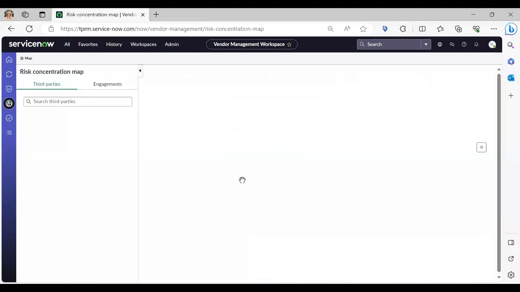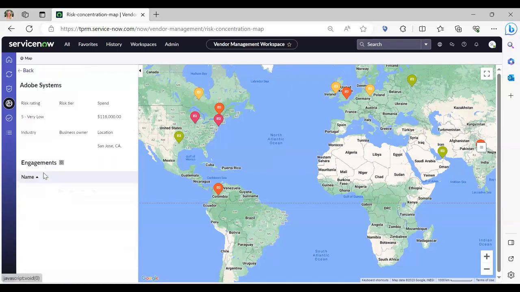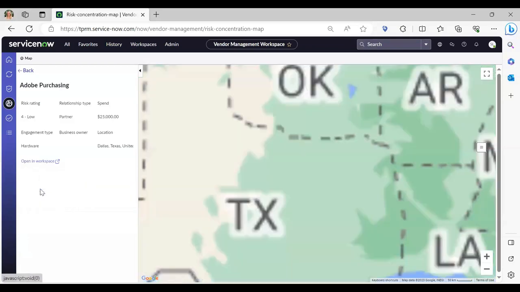Next, I'll get into that risk concentration map. So you have two levels of viewing the map, one at the highest level, your third-party level. But if you drill in, I'll drill into Adobe here. And I apologize for the guest appearance by the dog. He really loves talking about third-party risk management. So you get to see at the relationship level and then drill into your specific